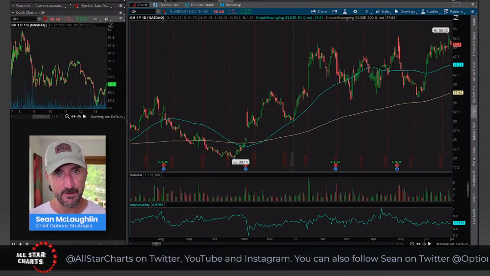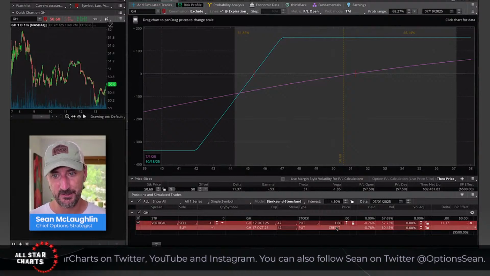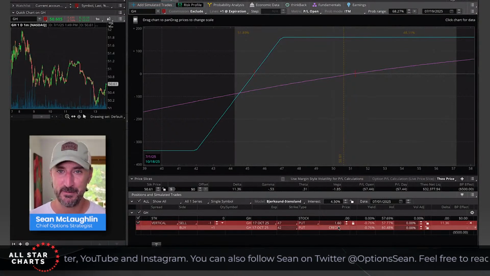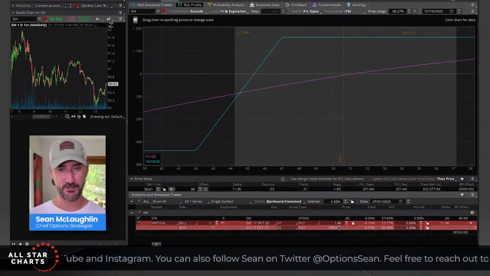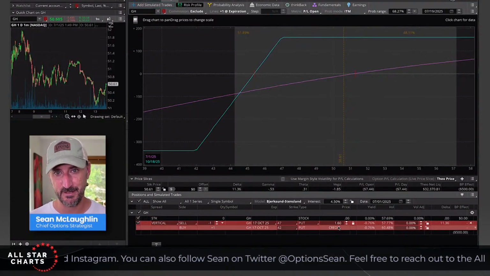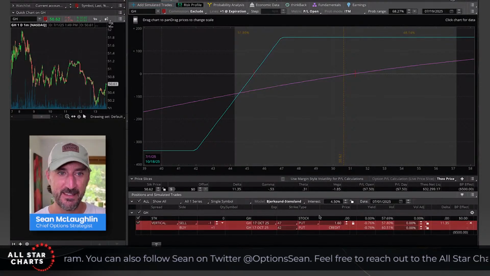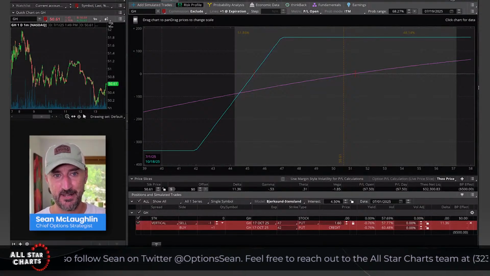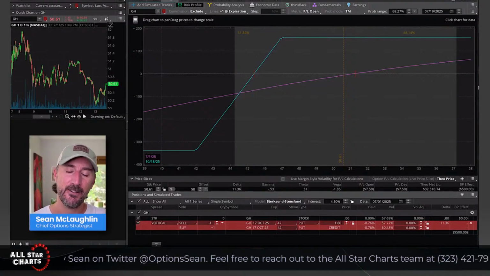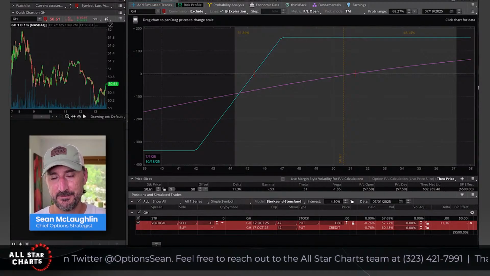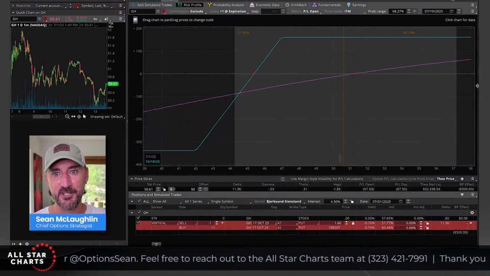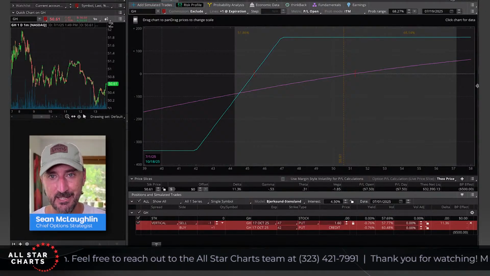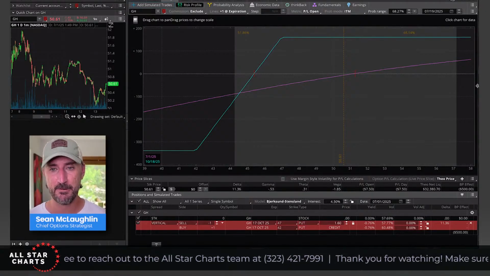Now, if I were to put this trade on and collect $1.64 today, my rule of thumb in these types of trades is that I'm not going to hold them until expiration. I'm not trying to earn the entire 160 bucks. That's greedy. Now, look, if GH rips 20 bucks higher in my favor and the stock's trading at 70 bucks, maybe I'll feel a little bit more comfortable holding this thing all the way to expiration and keeping my entire profit. But if it does rip to 70 bucks, I could probably buy the spread back for a nickel and just take the risk off.